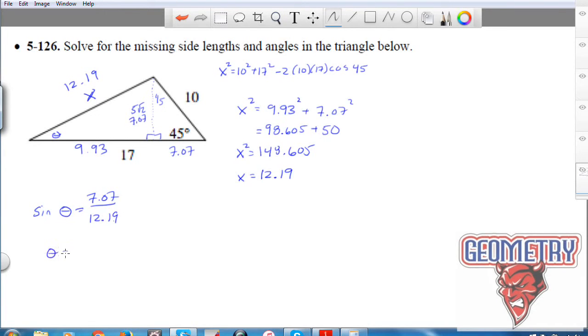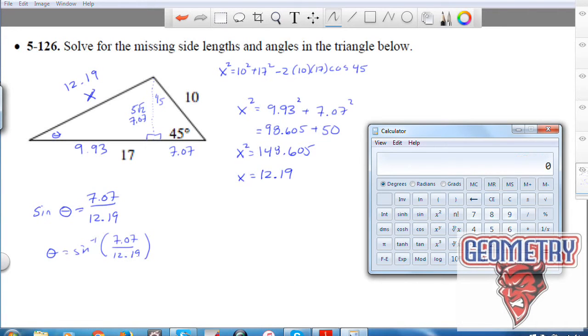So theta is then going to be the inverse sine of that ratio, or of that fraction. So let's see what that works out to be here. 7.07 divided by 12.19, and then we're going to take the inverse sine of that. So 35.45